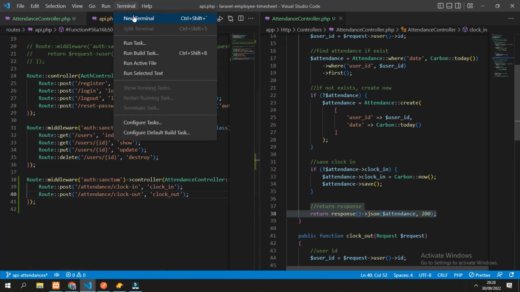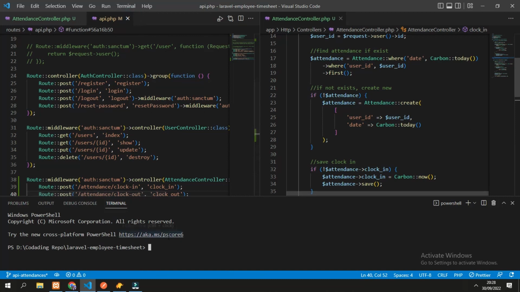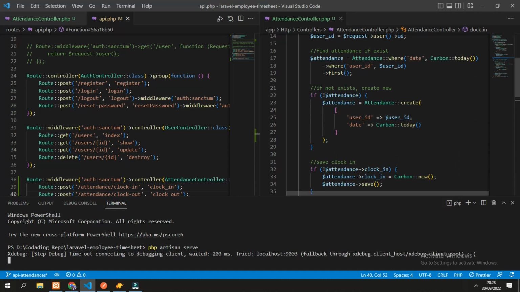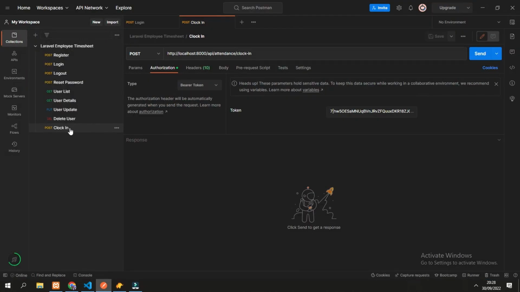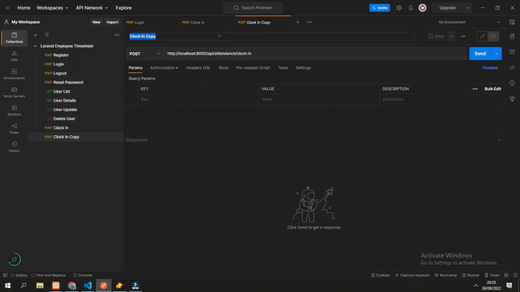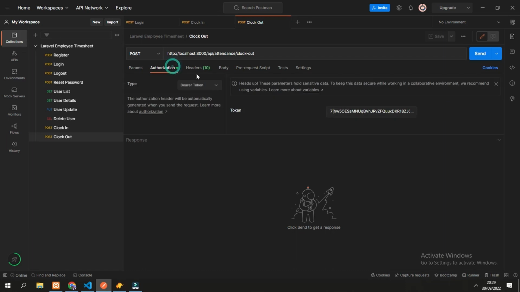Now let's run the application. We can copy from the clock in request, change the title to clock out and the URL to be clock out. Let's check the authorization, because when I tested the clock in it was yesterday, so let's do the clock in one more time.